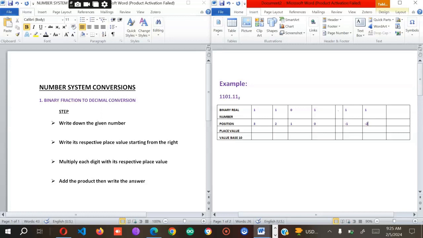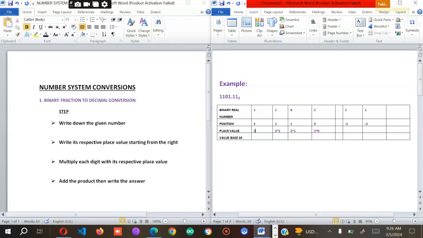Okay, having done that, let's try to get the place value. So this is supposed to be base 2. Therefore, this one is supposed to be 2 base 0. While this is a 2 base 1, and this is a 2 base 2,